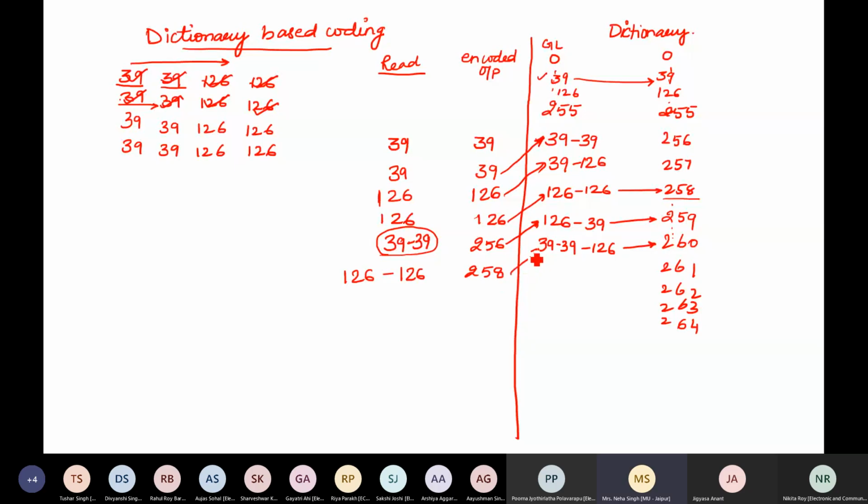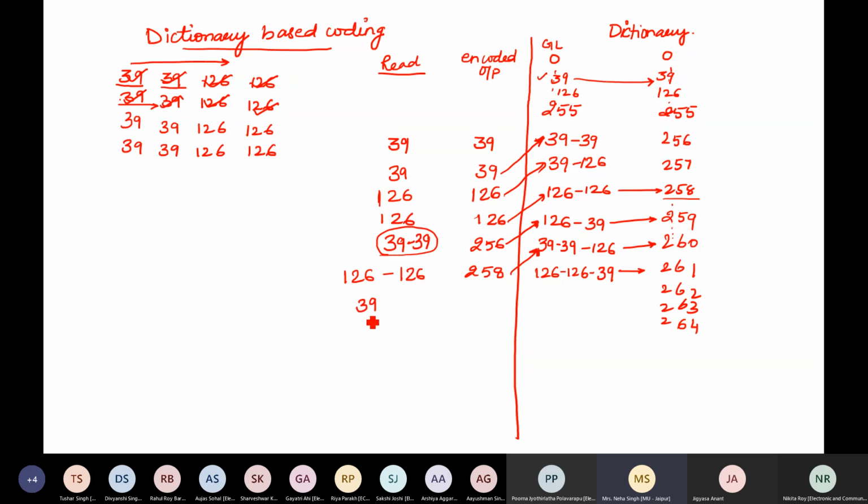Right? The entry has been done on this step. Now read the next value. The next value is 39. Make an entry into the table, dictionary. The last encoded symbol will now be 126-126. So 126 followed by 126 followed by the new symbol, that is 39. So every time the combination of symbols will be added to your dictionary. So now at 261, I get 126, 126, 39.